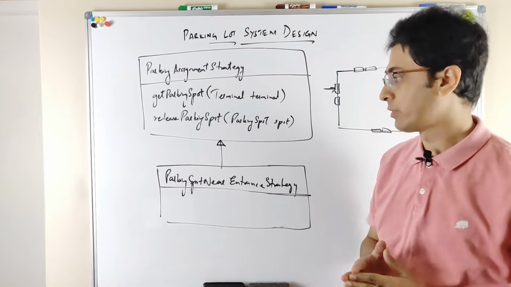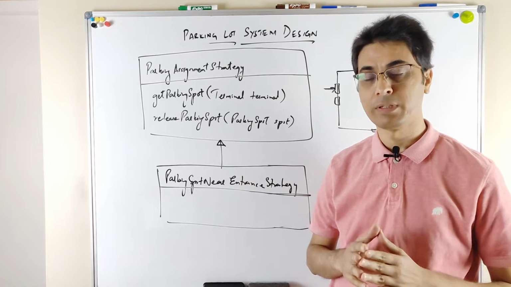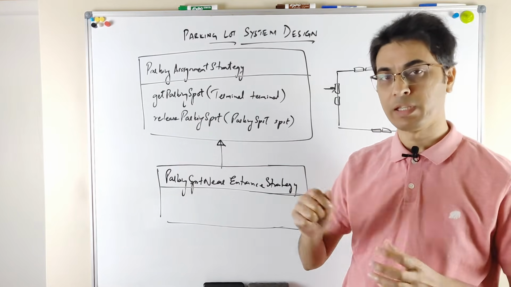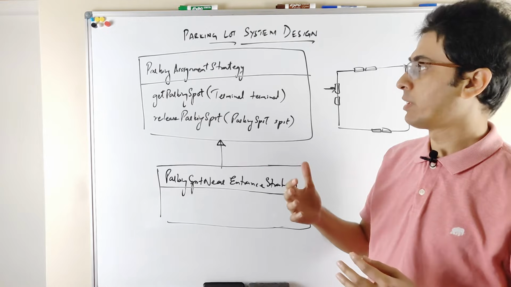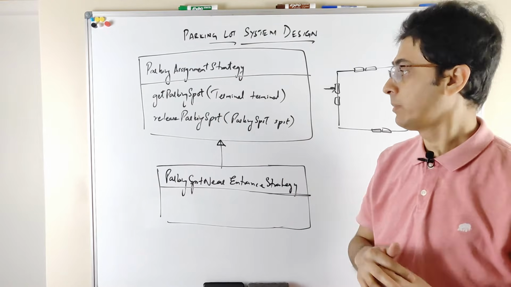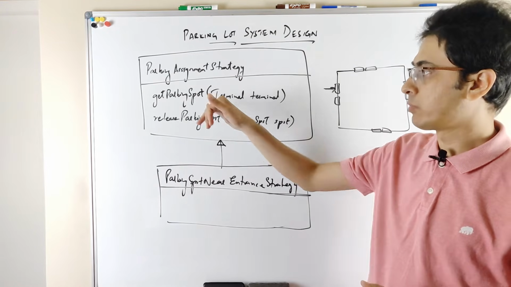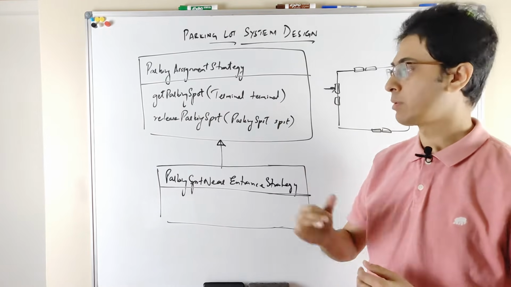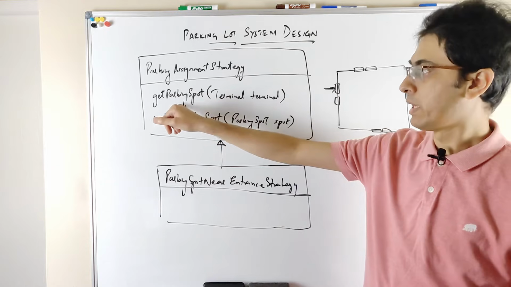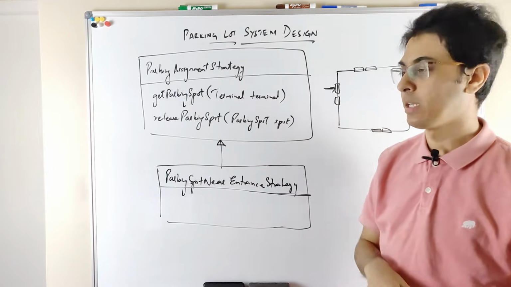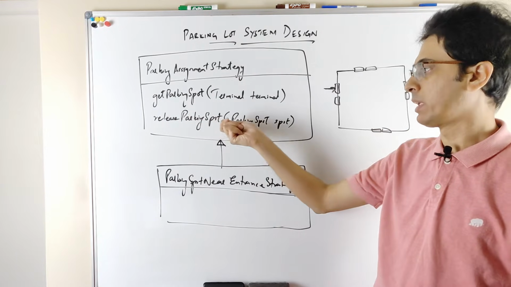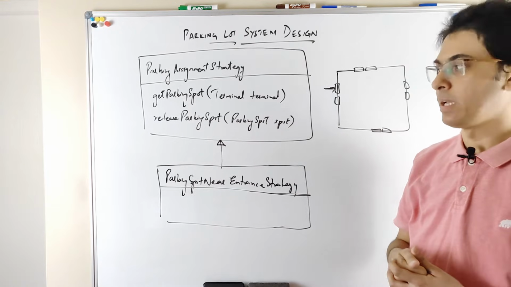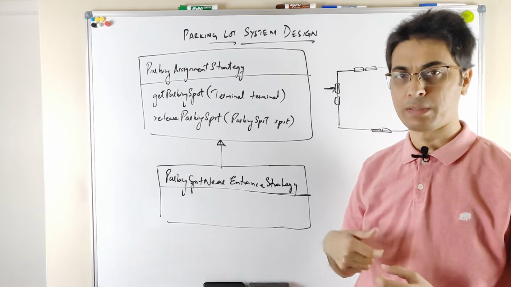Now the next set of interfaces and classes that we will discuss will be related to the assignment of a parking spot to a vehicle. So we will have an interface called ParkingAssignmentStrategy. It will have a getParkingSpot function which will take a terminal as an input. This terminal is the entry terminal. So getParkingSpot will return a parking spot, and then it will also have a releaseParkingSpot which will take a parking spot as input, and of course it will mark that parking spot as free or